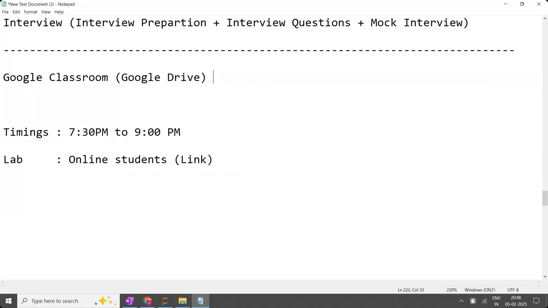In the Google Drive, this drive will be for lifetime access. Notes, not the recordings. Recordings will not be there in the Google Drive because it is open to every student. Recordings are only for the paid students, and will be shared separately with whoever has paid for them. Is the point clear?